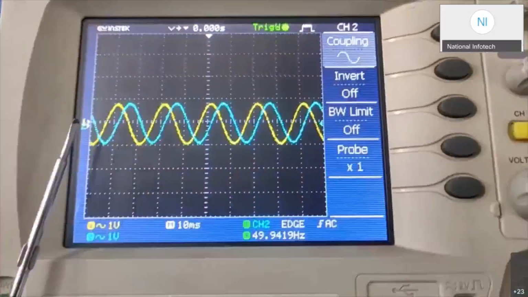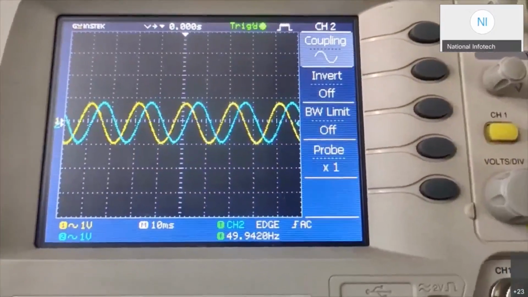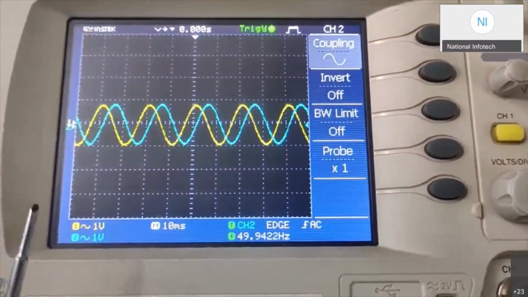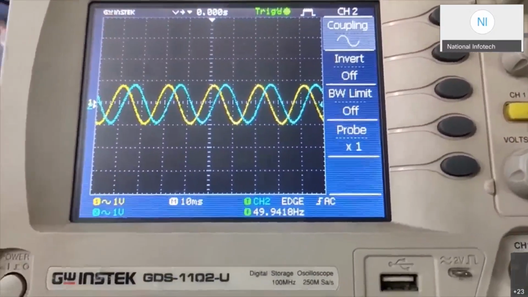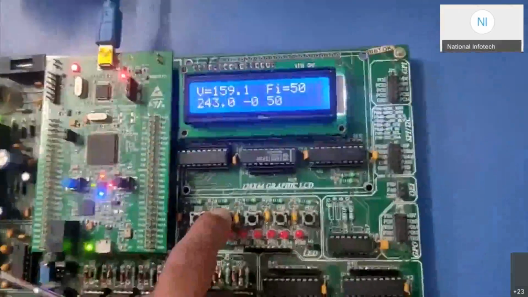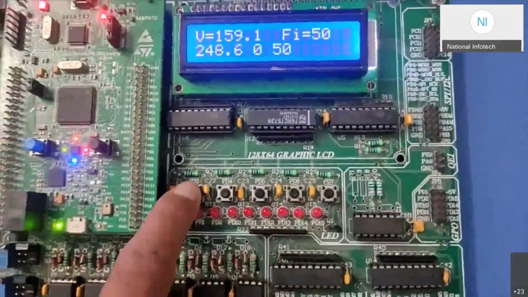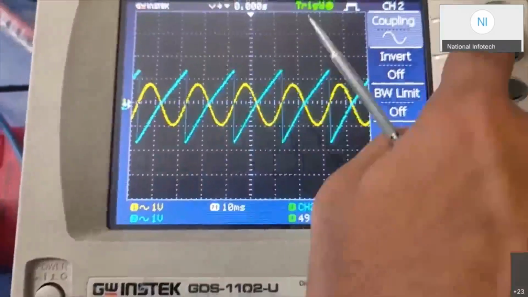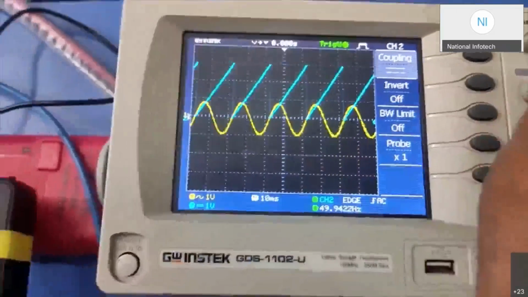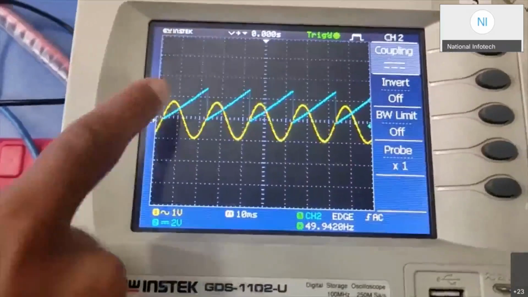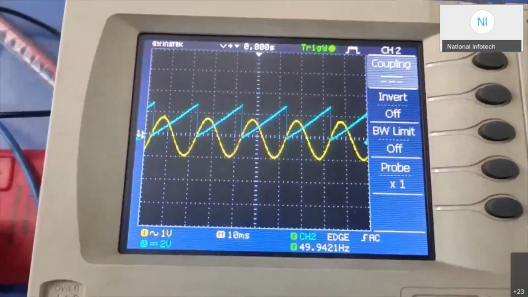Now first let us also check the frequency through the theta. The ultimate aim of this SOGI technique is to obtain the theta. We can check the theta of this applied voltage frequency. Now I'll press this button, and you can observe it on the DSO screen. This blue one is your theta, and this yellow one is your voltage.